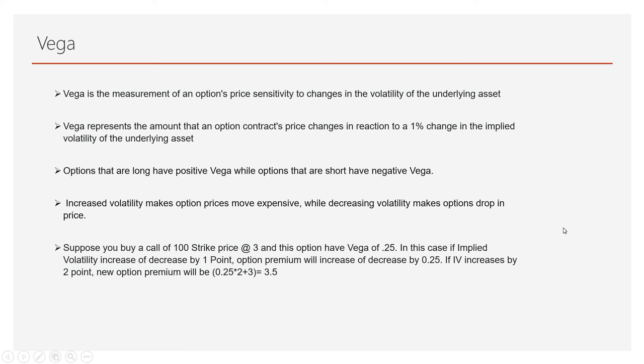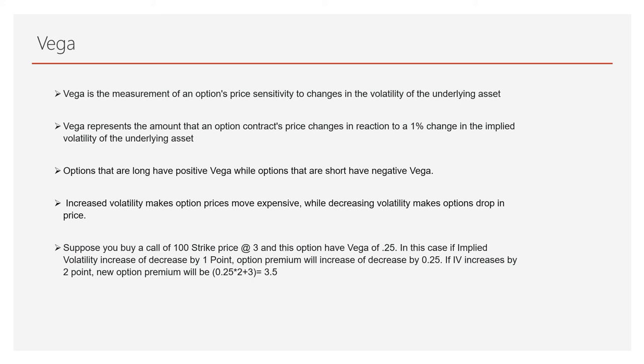Suppose you have bought options, so you are long in options. If IV increases, you will gain, because you are long in options. And if you are short in options and IV increases, you are going to lose, because you sold options at lower prices, and now IV has increased, so option premiums are going higher. So when you are long in options, when you are purchasing options, you are long on Vega, and whenever you are shorting options, you are short on Vega.